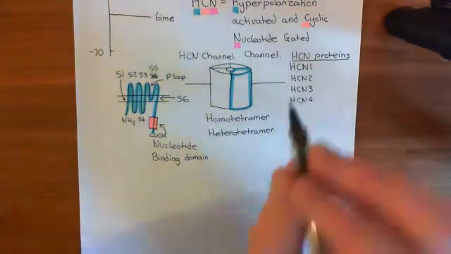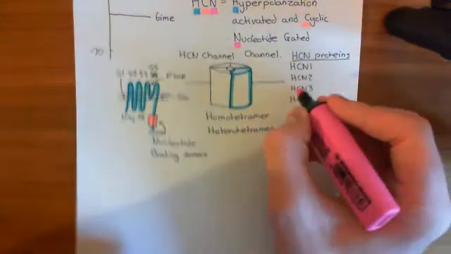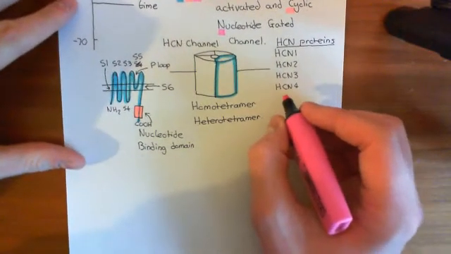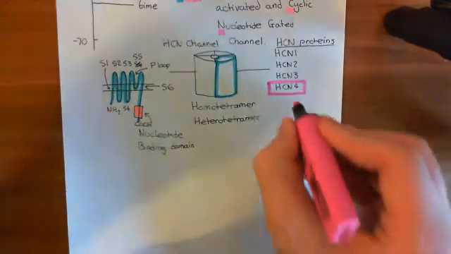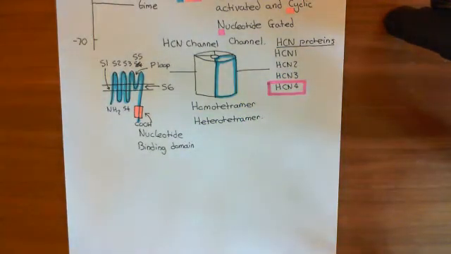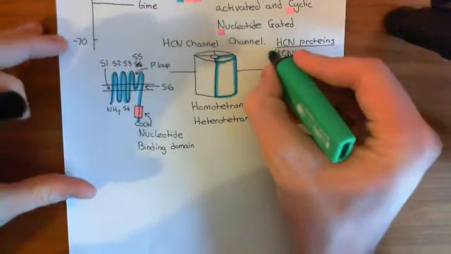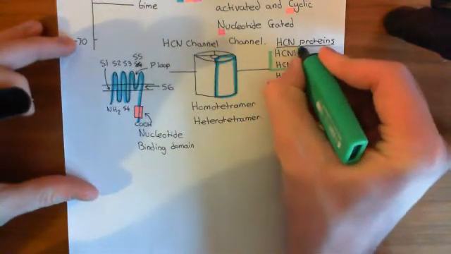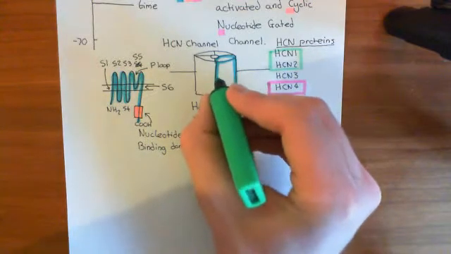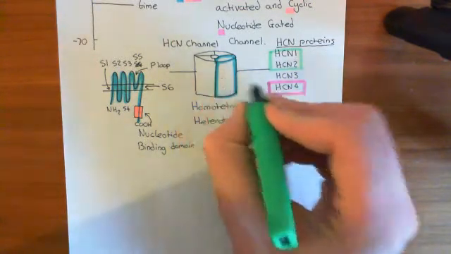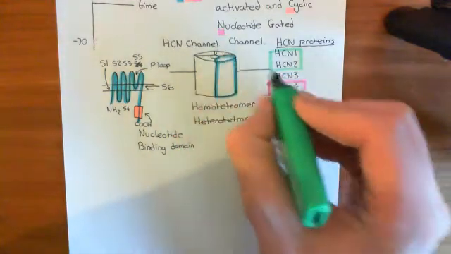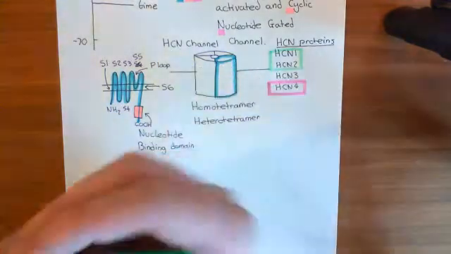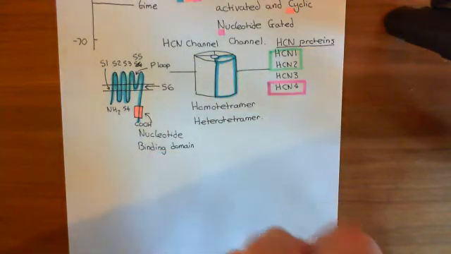Okay, so the HCN proteins that are in the heart, the main one, the one that is expressed hugely in the sinoatrial node, is HCN4. Okay, so HCN4, you have a massive expression of this protein in the sinoatrial node. You then also have little expression of HCN1 and HCN2. So you can imagine that most of the HCN channels you will build in the sinoatrial node are just going to be tetramers of HCN4, i.e. homotetramers, where you have 4 HCN proteins joined together to make a HCN channel, which is a pure homotetramer of